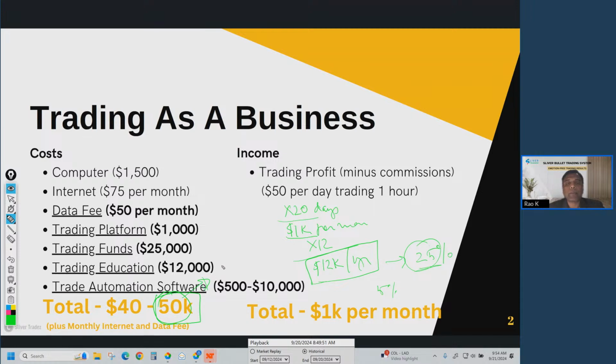Then there is an operations cost, which could be anywhere from 100 to 200K. You need to have it in your bank to be able to pay the salaries of your employees for the first 6 months, even before you expect to hit any revenue cadence. So we are looking at that kind of investment, and on top of that, if you make 25%, then it's a good business. But we are already seeing here that at $50 per day trading 1 hour, you are at that level.